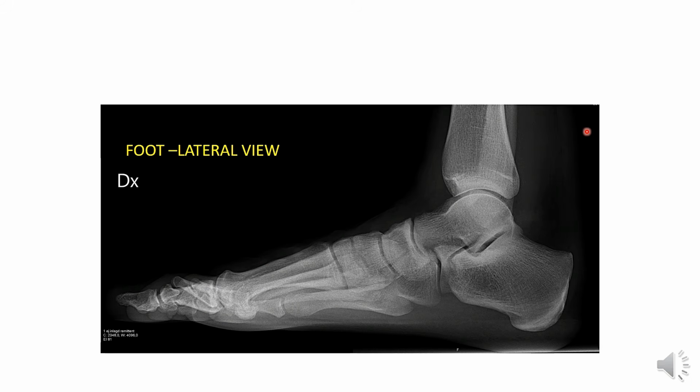Now, which are the possible joints you can see in this X-ray? Between the lower ends of the tibia and fibula, there is the lower tibiofibular joint, which is formed by a ligament. So it is a syndesmosis type of fibrous joint. The second is the ankle joint between the lower end of the tibia and the upper surface of the body of the talus. The ankle joint is a hinge variety of synovial joint. Between the talus and the calcaneum is formed the subtalar joint, which is a plane variety of synovial joint.